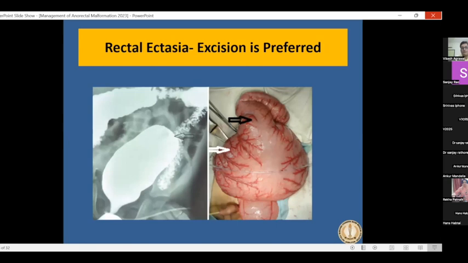Another problem which we encounter in our region, apart from pouch colon, is rectal ectasia, because pouch colon cases we don't handle laparoscopically, but a dilated rectum is a very frequent finding, especially in those cases which have turned up late after colostomy, like 2 years, 3 years, with a large fecolith inside. So this can be avoided by doing an early pull through. And if there really is a rectal ectasia, then it is always preferable that after division of the fistula, you take that colon out through the umbilical incision and excise the dilated rectum, because it is going to give very poor function in terms of continence and soiling and constipation later on if you retain that rectum.